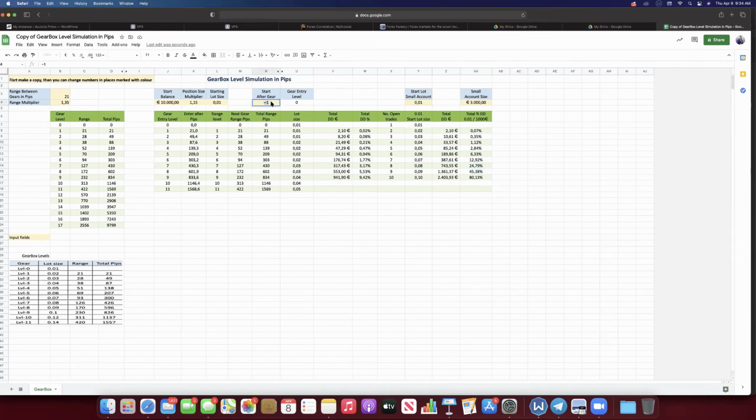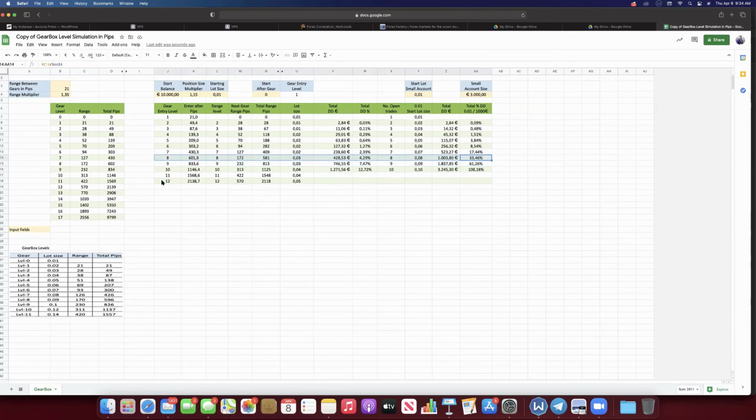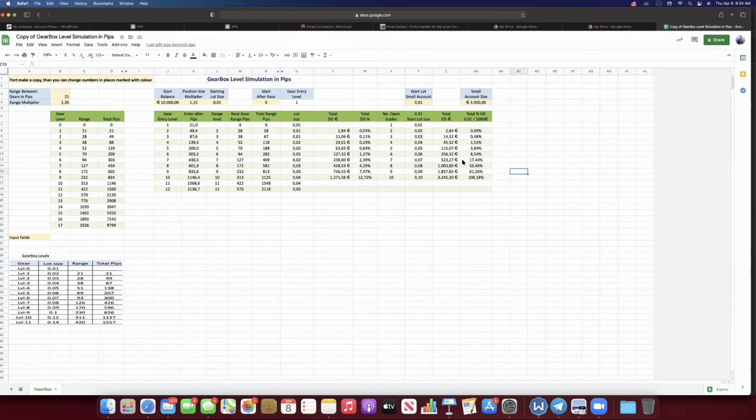Now, if we go back to 0 and gear entry level 1, all right, same concept, 3 pairs, 0.01 starting lot size, skip a level strategy. It would basically take you out of the game. All 3 pairs, you're in open trades going 600 pips with no retracement against you. So that's the risk, right? Obviously the settings are kind of there. The risk is not high, but it is possible, right?